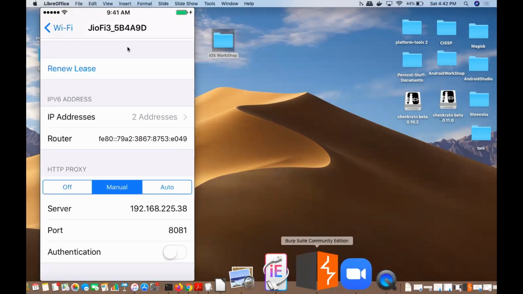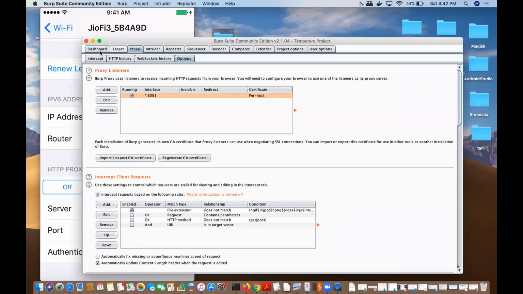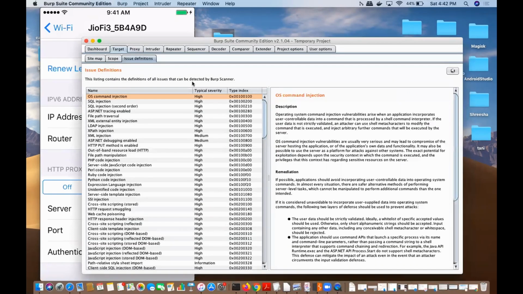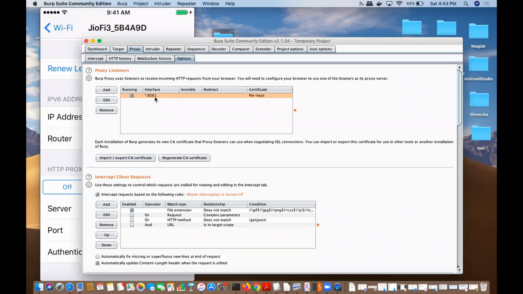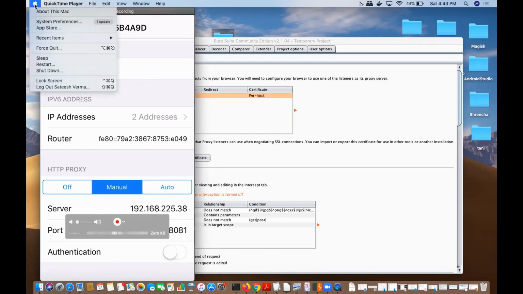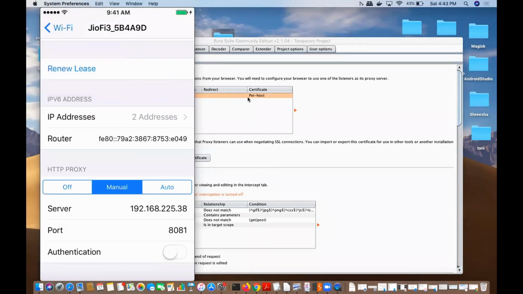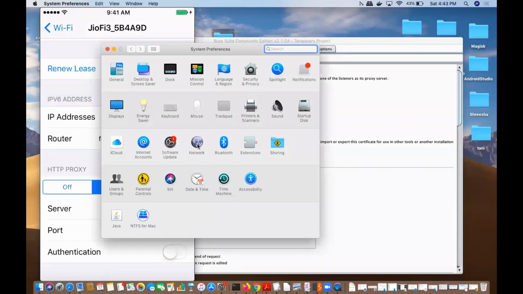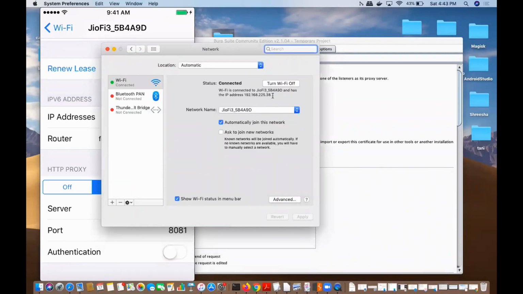So let me quickly open my Burp also. So this is the community version, and I have added the 8081 port here. And if I check my IP address, right? Where you will get the IP address, you can just click on ifconfig in the command prompt. If you are not comfortable with this, you can quickly check from the system preferences. What is your IP address? Just click on the network, and this one is the IP address of your system,